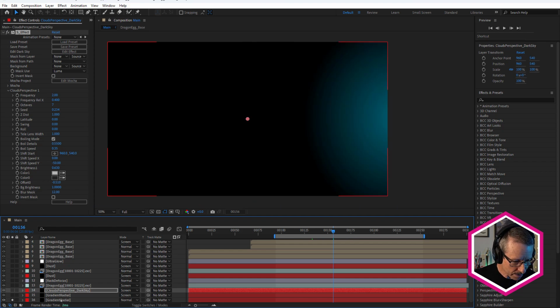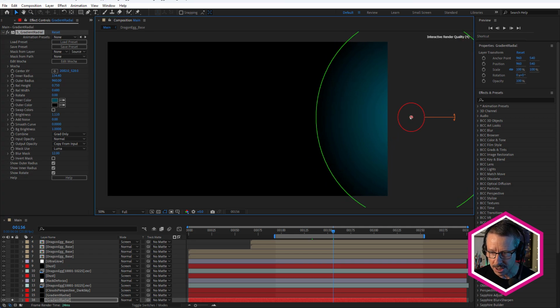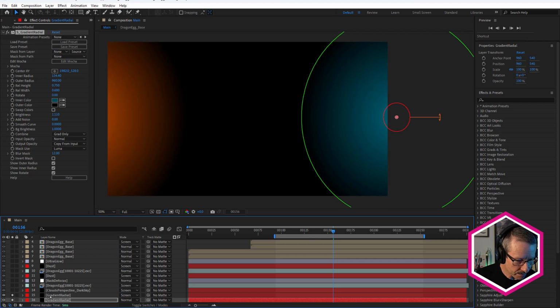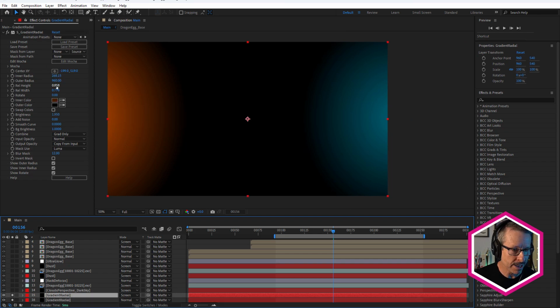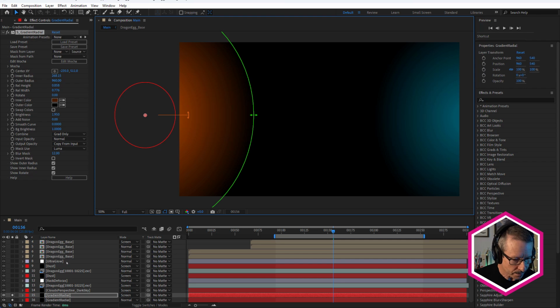At the very bottom, I have Sapphire's gradient radial effect, and you can see this is like a teal color, which I've pulled across to the right-hand side. So it's kind of like some blue light coming in from the side. And above that, another Sapphire gradient radial effect. This time I kind of burned orange, and this is across to the left. So it's giving us that orange teal look, which is always a good look.